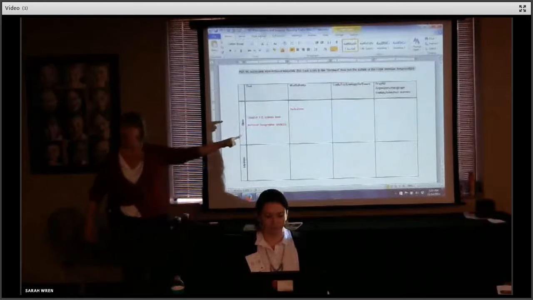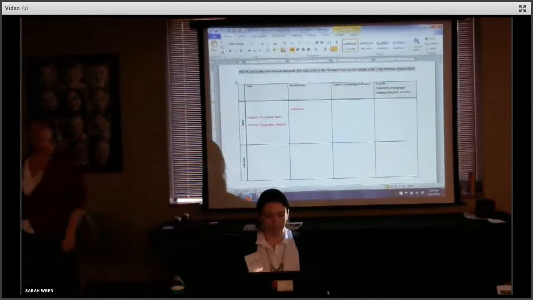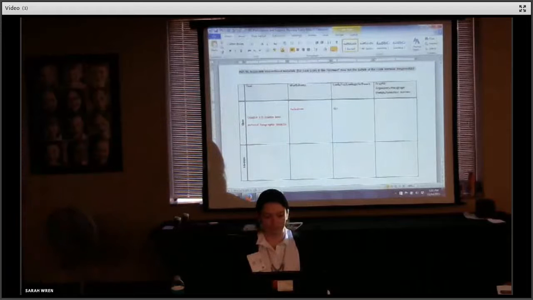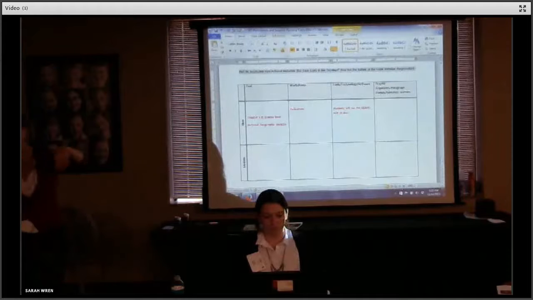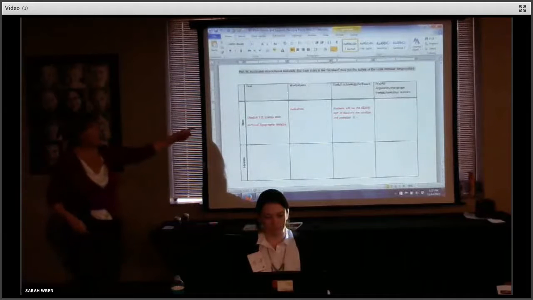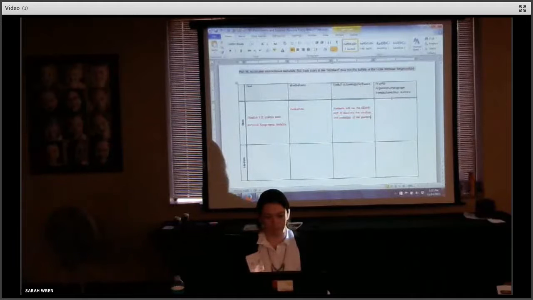Tools, technology, and software. Students will use BrainPOP, which will be used to illustrate the rotation and revolution of the planets. So, okay. And over on graphic organizers, yes, Inspiration is a graphic organizer program. It's a software. And all the kids are going to have to fill out a graphic organizer